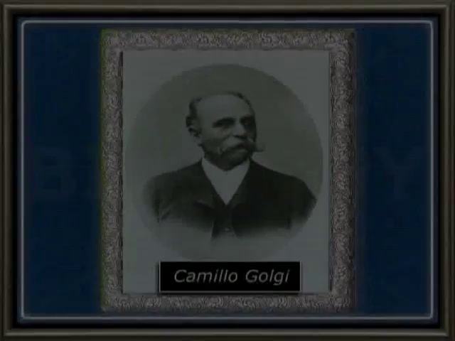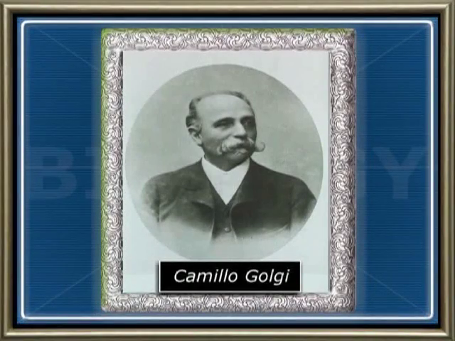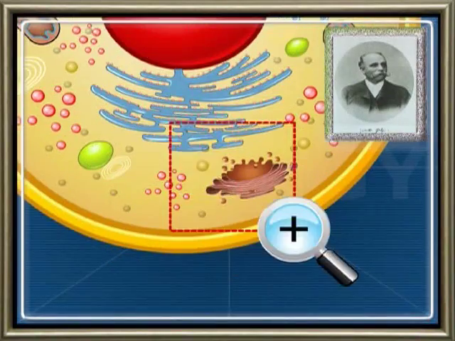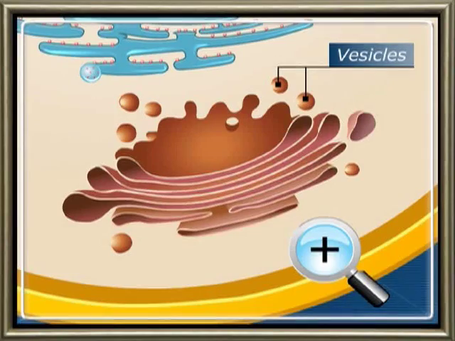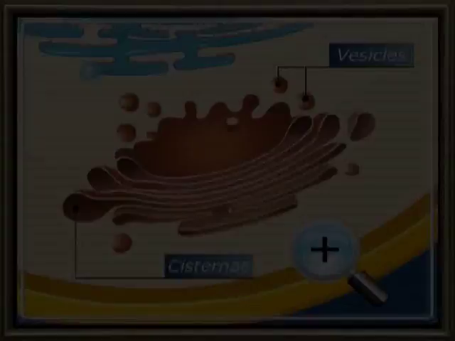What are Golgi bodies? What is their function? The Golgi apparatus was discovered by Camillo Golgi. They are composed of membrane-bound stacks known as cisternae. The primary function of the Golgi apparatus is to process and package the macromolecules such as proteins and lipids synthesized by the cells, formation of lysosomes and peroxisomes, and formation of acrosome in sperms.